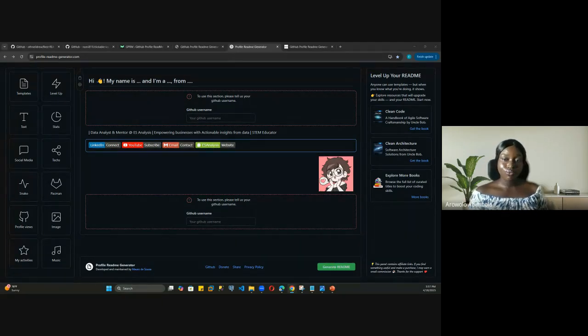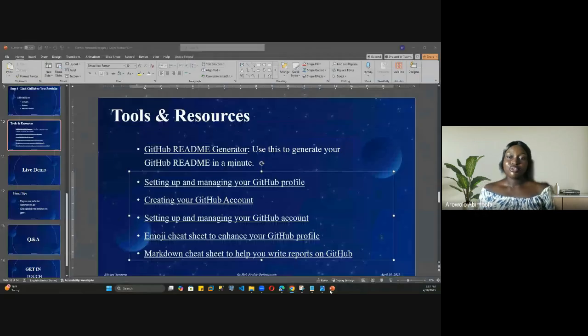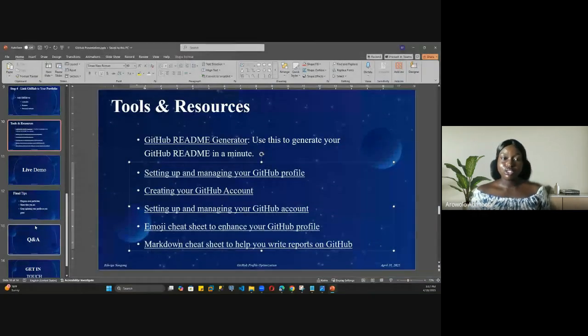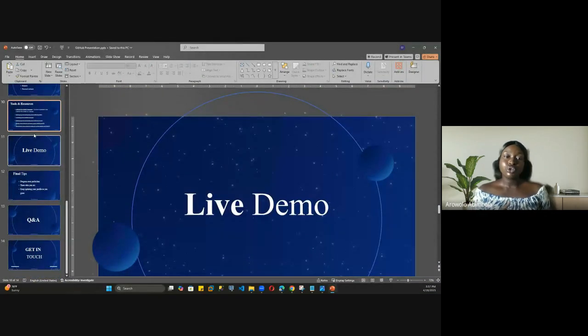Having a GitHub profile is really important if you are a techie. Like she said earlier, it's not only sidelined to only data professionals. As long as you're a tech professional, you need to have a GitHub profile that would showcase